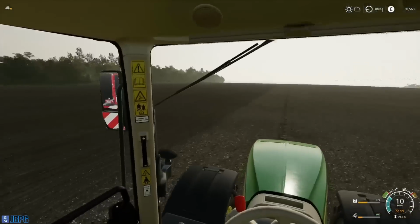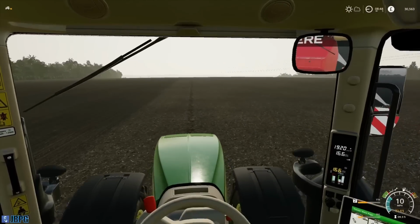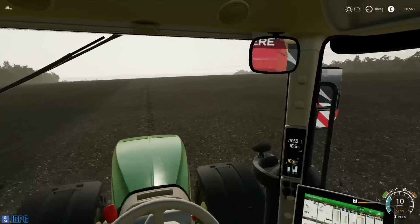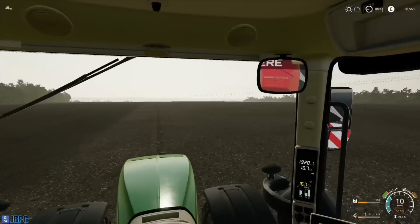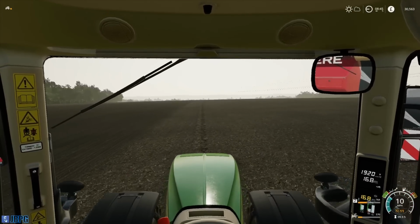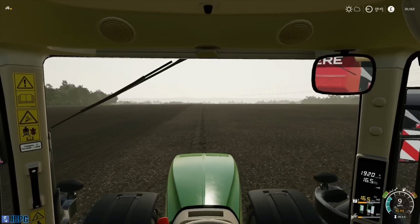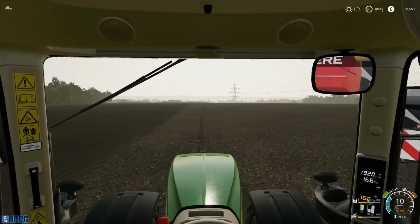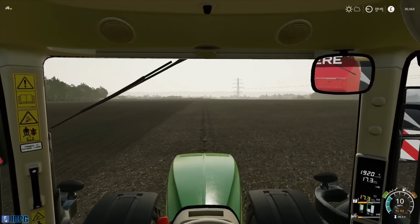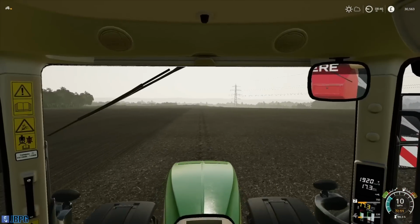Still got quite a bit of the field to do. You see, we've done a bit already. We've done a decent amount, but we've still got a long way to go. So it cost us, what, £7,000 to fill this up last time with seed and fertilizer. I reckon we're probably looking at another 2, maybe 3 refills, including the one we're about to make. So we're probably looking at about 20 odd grand or so in costs, maybe more than that, just to plant